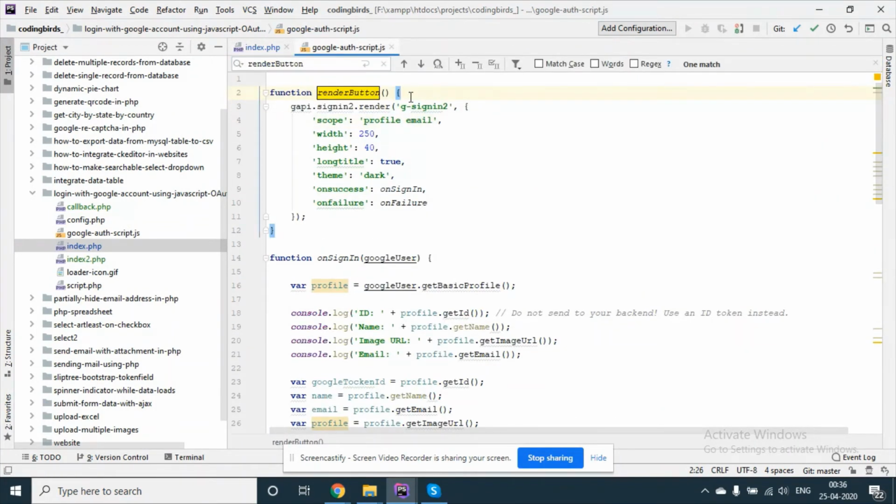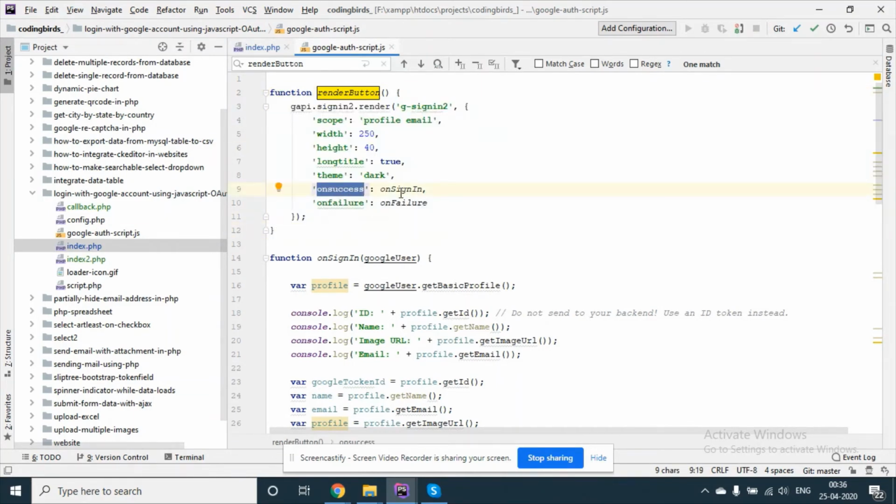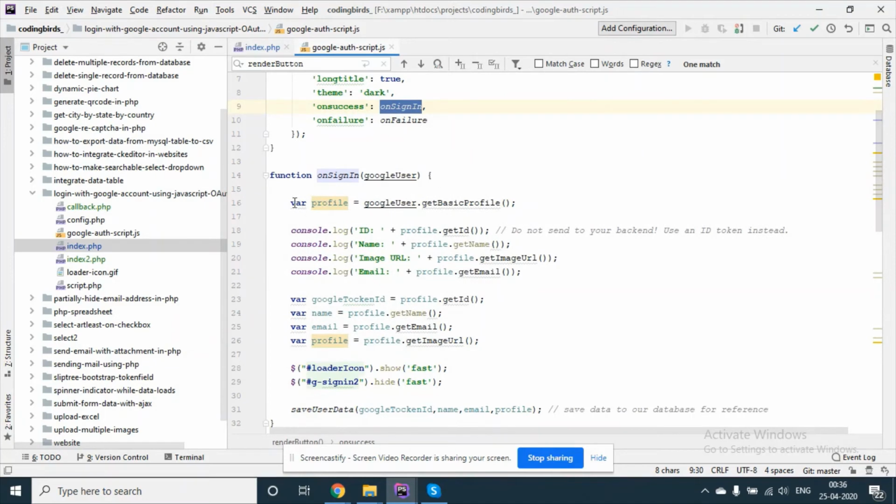After page load, this will be executed. So keep it as it is. When we click on the sign in button, it will be executed. After that it will fetch the information.